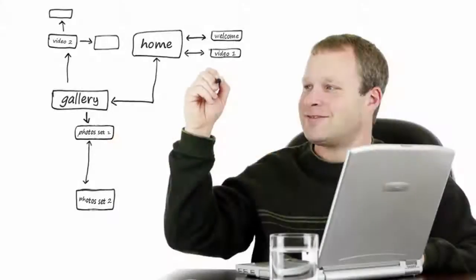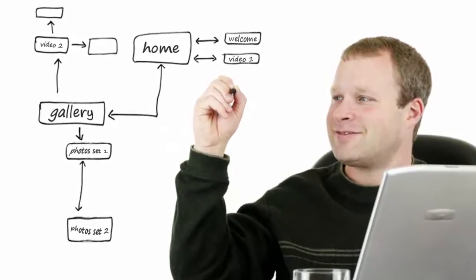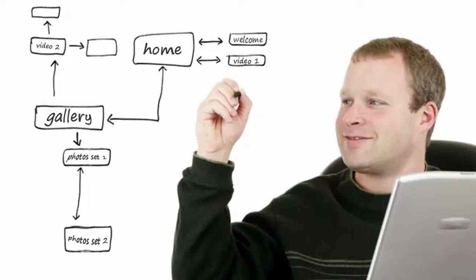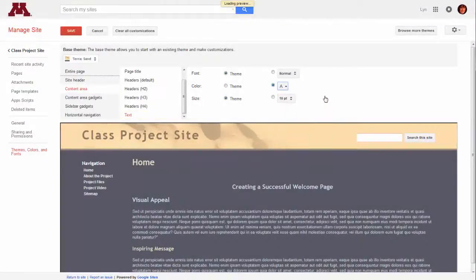There are a few tricks that professional web developers use to improve their websites. Spend some time before creating your site to think about how you will arrange your pages and content, and create a list or draw out a map. This will save you time creating your site and reduce the number of changes or corrections that are needed later on. Choose colors and images that best communicate your message. Take inspiration from other websites you enjoy. Choose colors that contrast well and fonts that are easy to read.